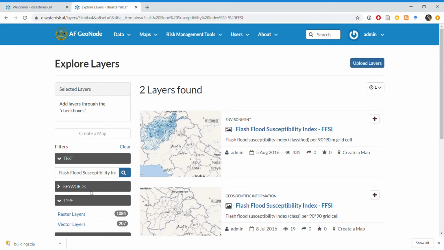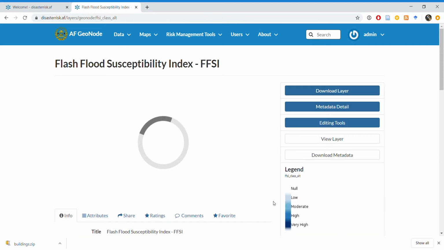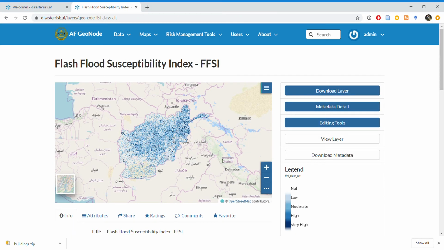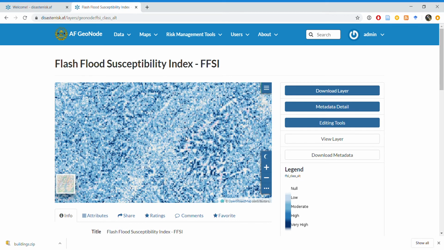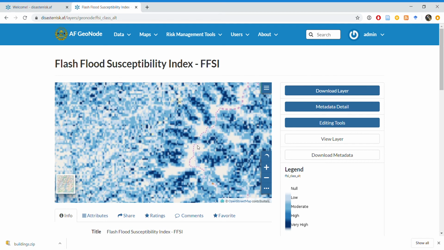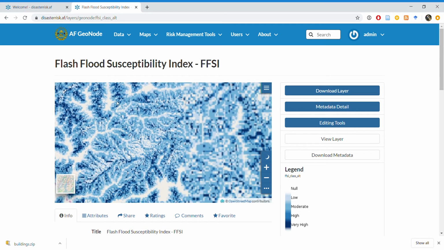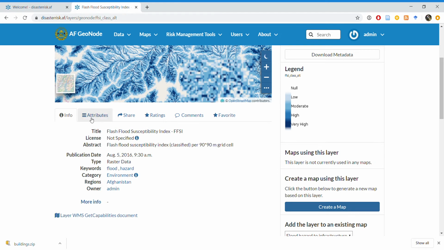So I can click on that, and there are two resulting layers, including the flash flood susceptibility index. I can click on that, for example, and it'll take me to a page where I can see all of the information for that specific layer. It's a raster layer, and I have a map that I can navigate this layer with. I can see the information on this layer, but I can also see all the metadata, and this is a raster layer, but if it was a vector layer, I would also be able to see the attribute table